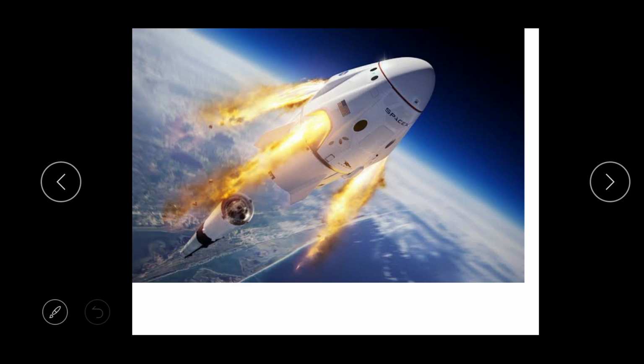Another example of vehicles under air transportation is the spacecraft. Can you see the spacecraft? Wow. This is a spacecraft, and it is also a means of transportation by air, okay? A vehicle under air transportation, and it is mostly used by astronauts, okay? So this is also an example of vehicles under air transportation.